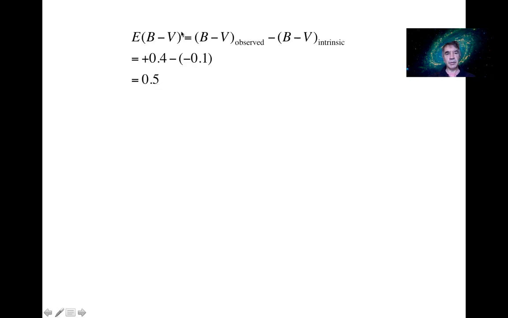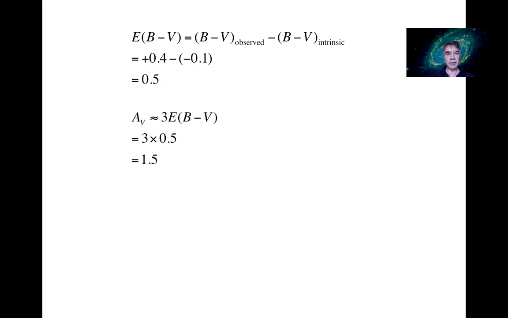So as you can see, color excess is always positive. We can then convert that into the total extinction by using this factor of 3. So just multiply the color excess by 3 to give the total extinction. So you'd be able to use this AV value to correct the observed apparent magnitude into the intrinsic apparent magnitude